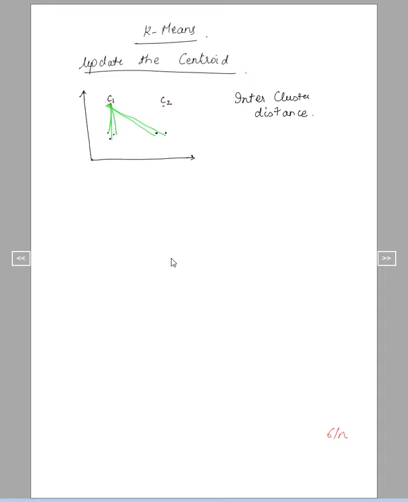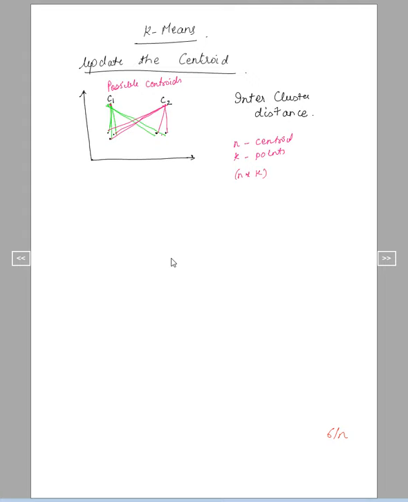As I said, these are the possible centroids, and their trajectory is moving. Finally, C1 should be something here and C2 should be something here. And now we also calculate these distances, again to all points. So if you have n possible centroids and k points, we have n into k distances that we compute.